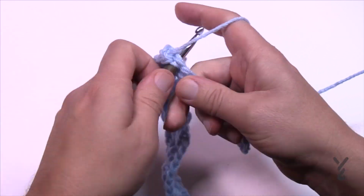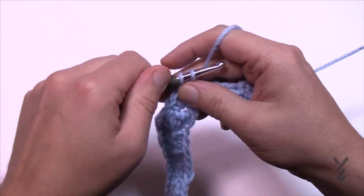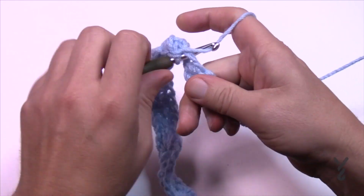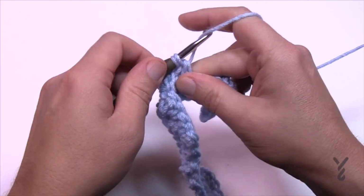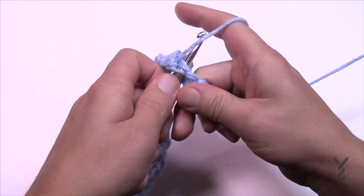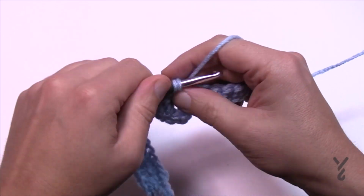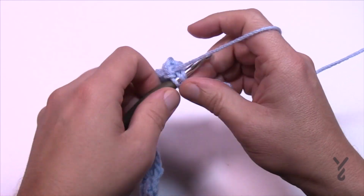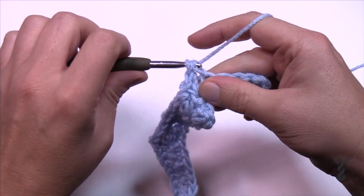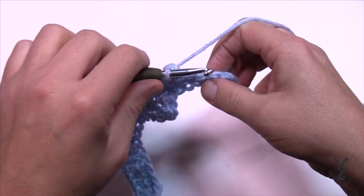So skip, single and double, skip, single and double, skip, single and double, skip, single and double, skip, single and double, skip, single